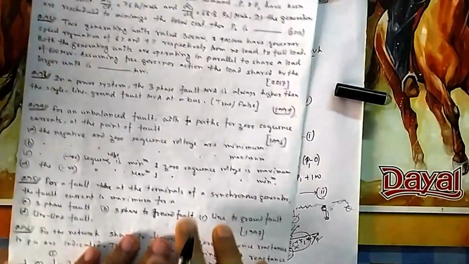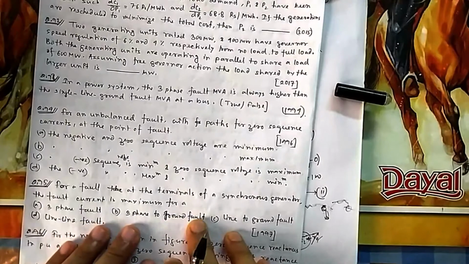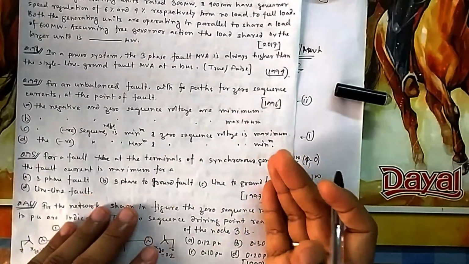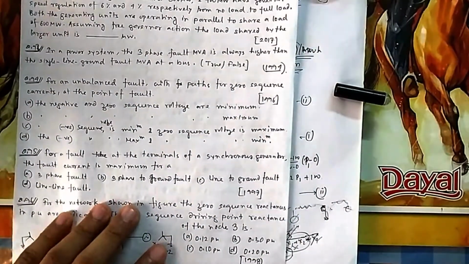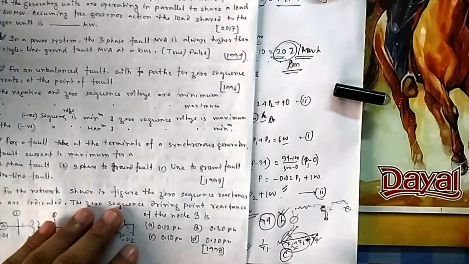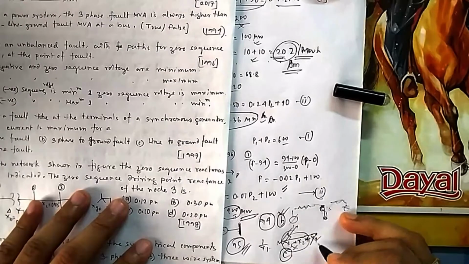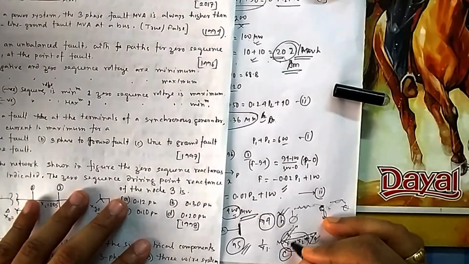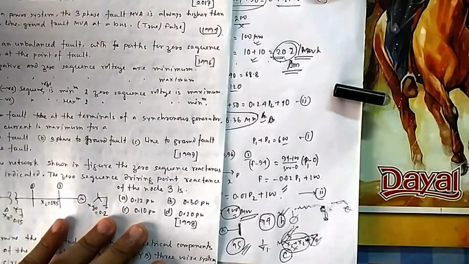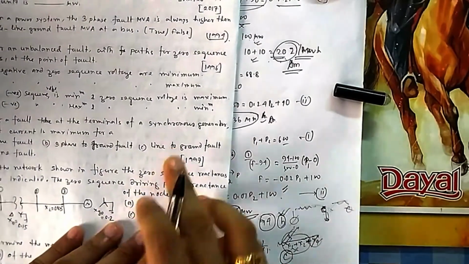Option C, not this one. The general idea is 3-phase to ground fault, that is for other places, not very close to a synchronous generator. Because in case of a synchronous generator, your X0 doesn't get that much affected, it doesn't have that much effect, so it becomes 0. So ultimately it becomes more than your 3-phase fault MVA or 3-phase fault current. So that's why it is LG fault.